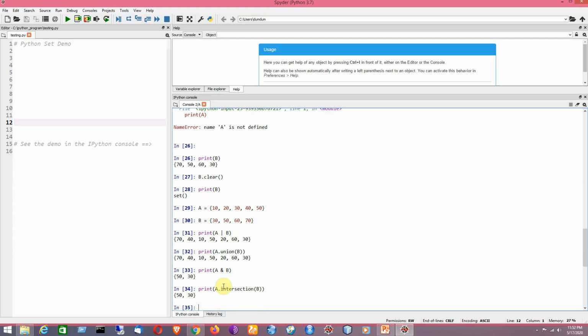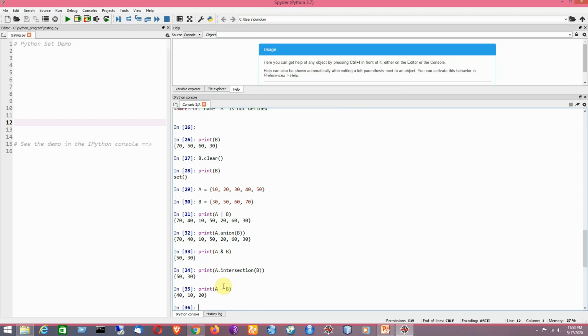Now I can go for set difference. For example, I would like to find the difference of A and B. A minus B denotes the elements that are only in A but not in B. So that is the idea. Basically that can be shown by using the minus operation, that is the notion of set difference here.